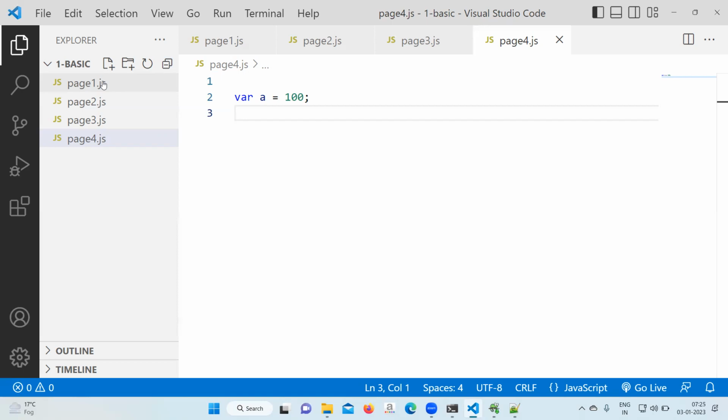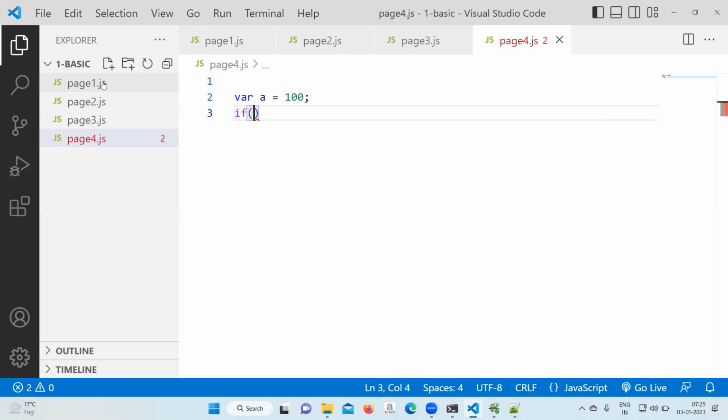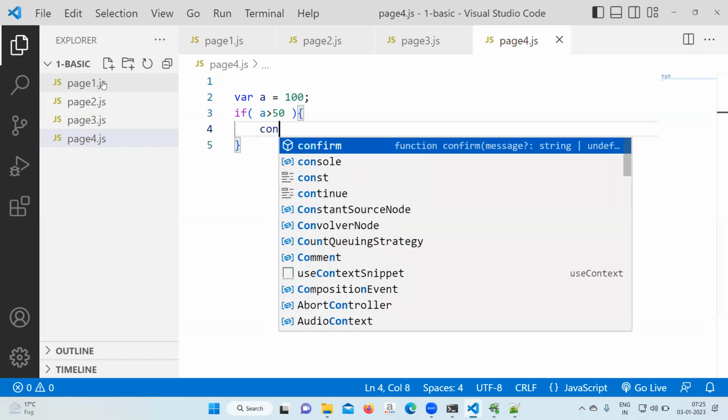So if following the certain parameter, then particular statement. If not following certain parameter, then particular statement. So in that case, how will we come to know the variable is following certain condition or not? So we have a condition that is called if. Inside the if, you will write your variable greater than something. Then console.log